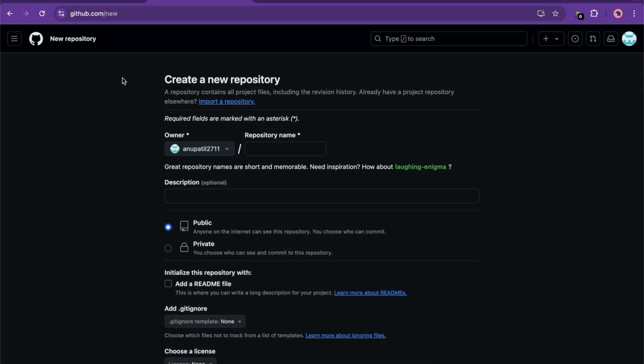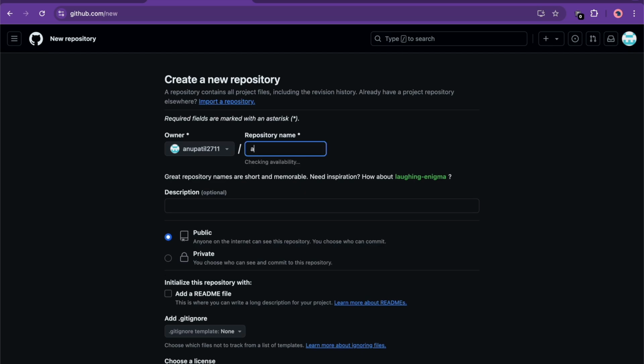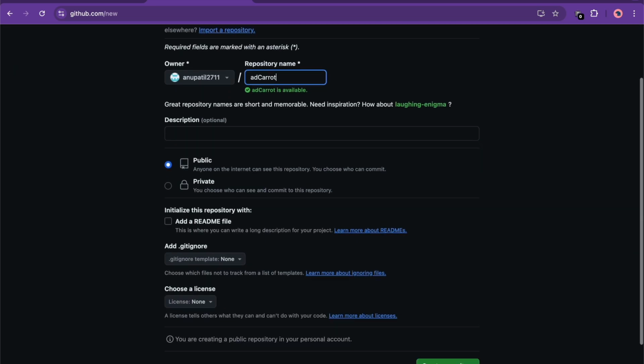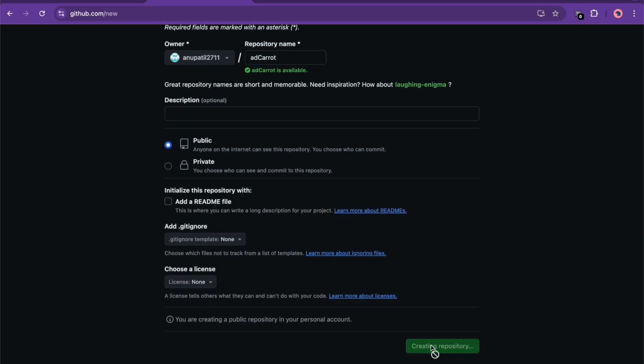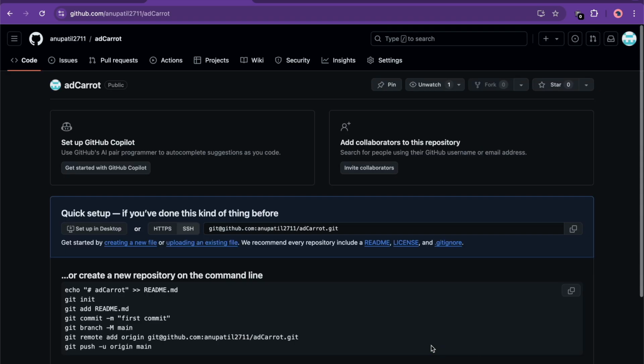Before deploying the code on Vercel, we need to create a GitHub repository and push our code. So let's create a new repository on GitHub. I'll name the repository addcaret. Click on the create repository button. Let's go to the terminal